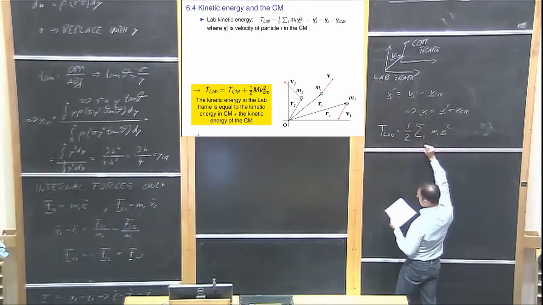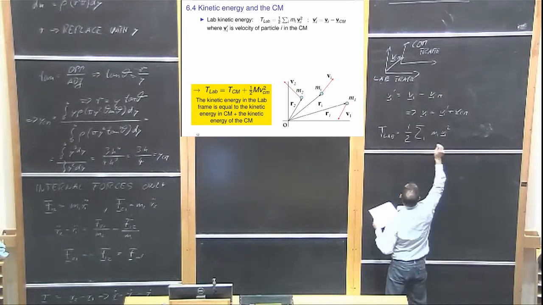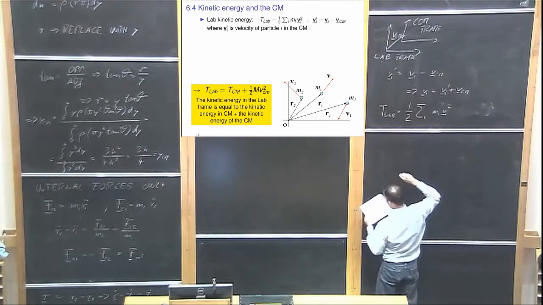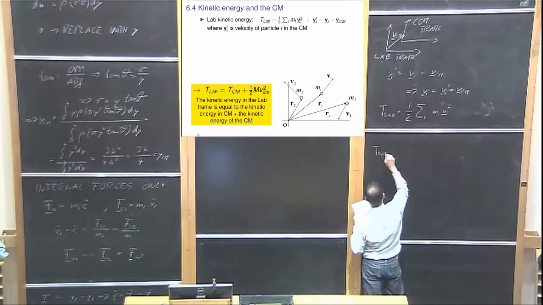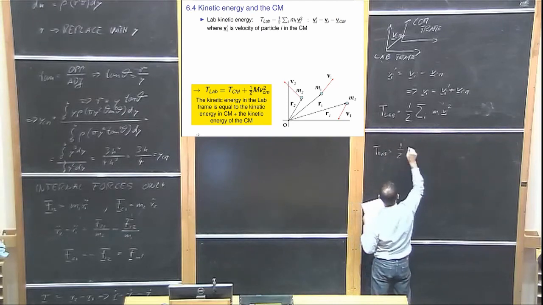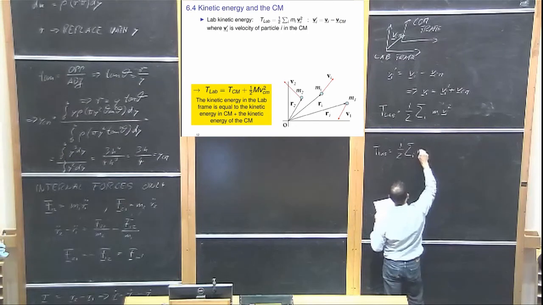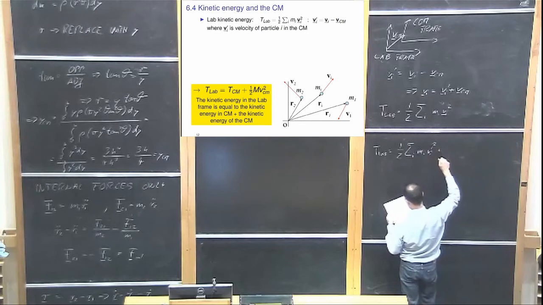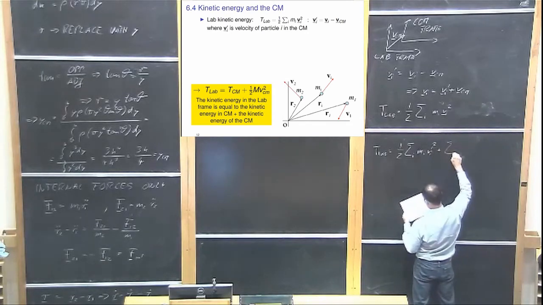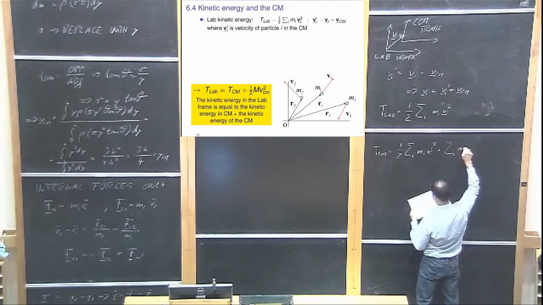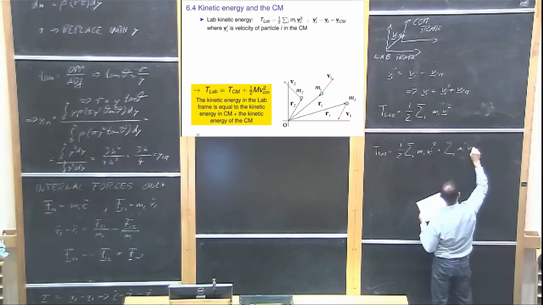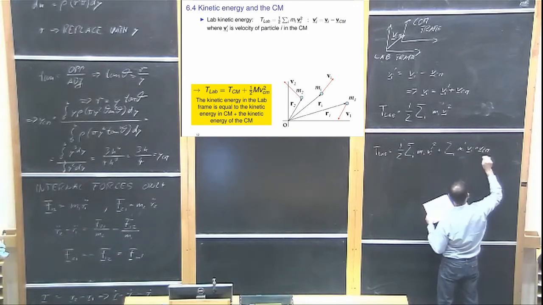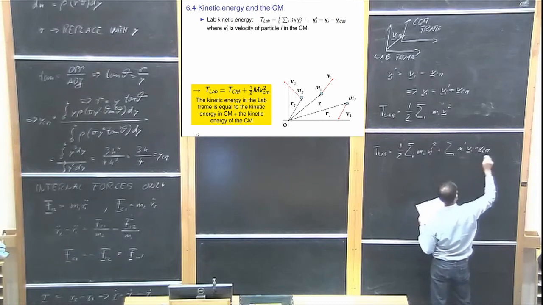Now we're going to plug in what we have here, and we end up with T_lab equals 1/2 sum over i of m_i v_i prime squared. So that's the velocity in center of mass frame. Then we get the sum over i of m_i v_i prime dot V_cm. That's a constant. This is where we're summing over, plus